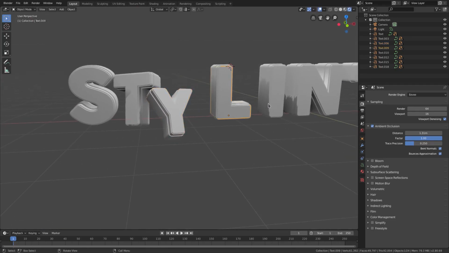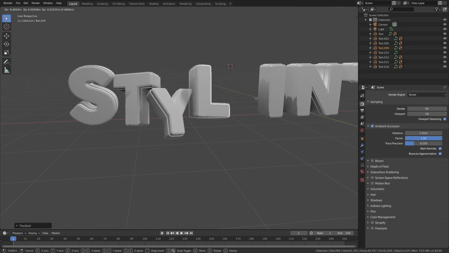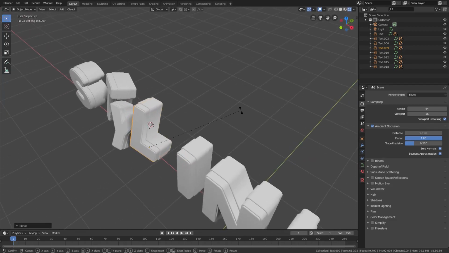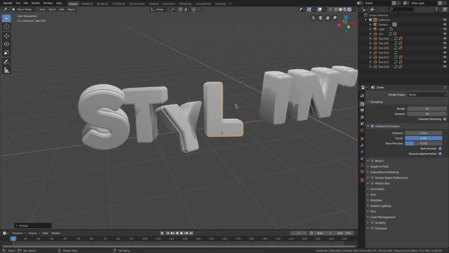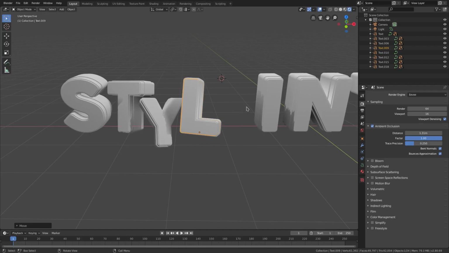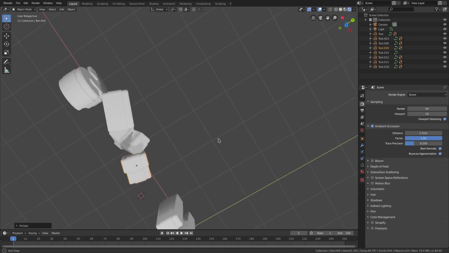So style in, and looks good. And we're going to go ahead and rotate this guy around. Maybe have them come forward a little bit. And I don't want them to really intersect with each other because I don't really want any clipping. So we'll kind of just try and stay away from that, even though you won't really